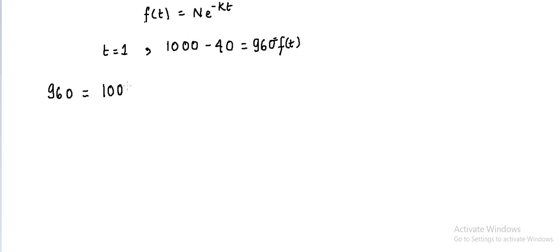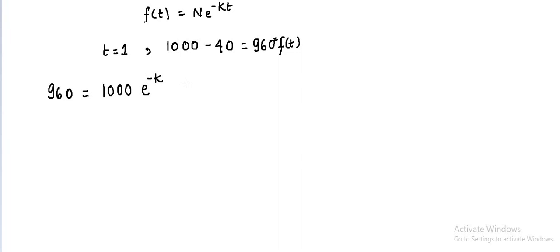So put the 1000 value here, and e to the power minus kt. K value is unknown, but t is given, that is 1. Now why we did so, I have already explained, because the 40 people have already heard about the vaccination. And the function is given about the people who have not heard about the vaccination. So there were 960 people after t is equal to 1, or after 1 day, who had not